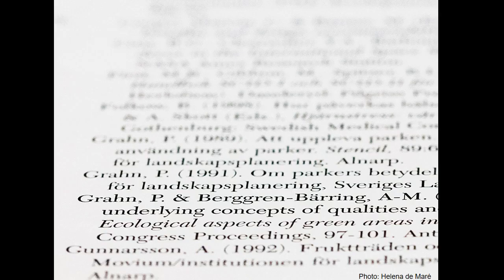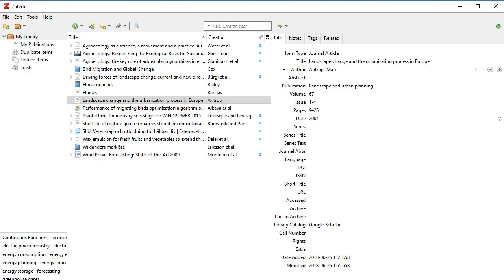An important thing to keep in mind is that the reference management program will save the information at hand about an article, book or web page. But that information can sometimes be incomplete, and then your reference will not appear in a correct manner in your document. So you still need to take responsibility for knowing how to cite correctly. And sometimes you might have to make changes in the Zotero library to ensure everything ends up right. And this can be done here in your Zotero library to the right.